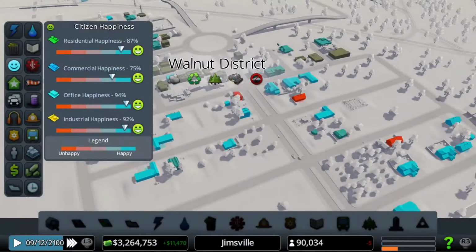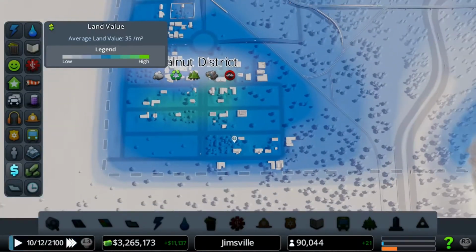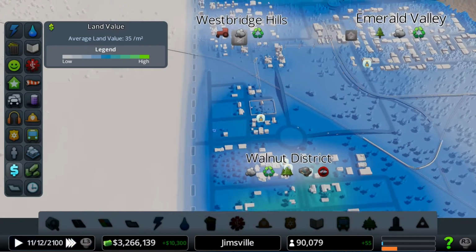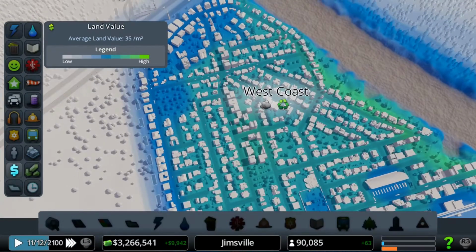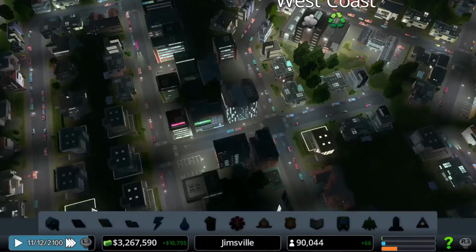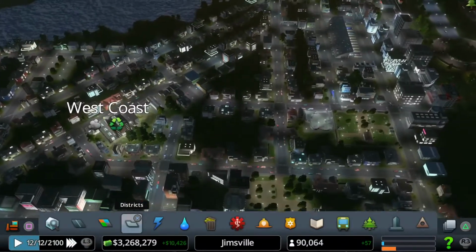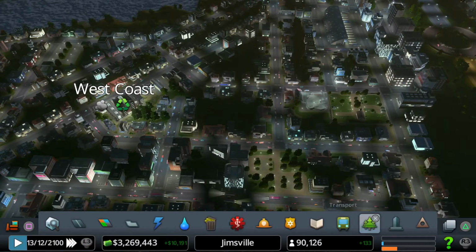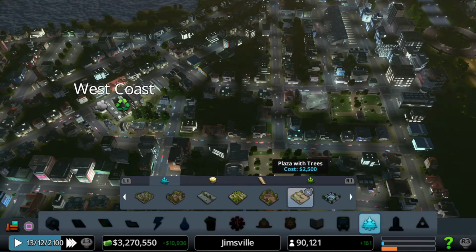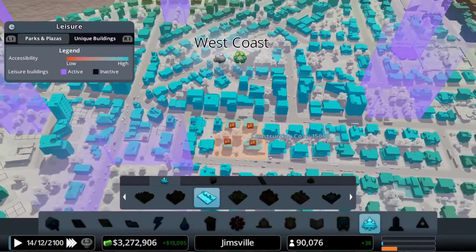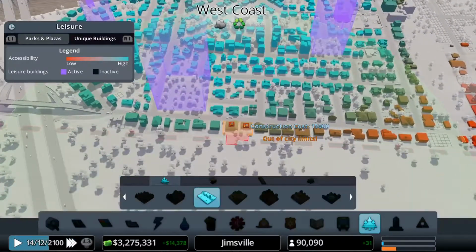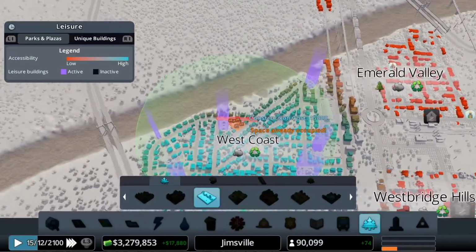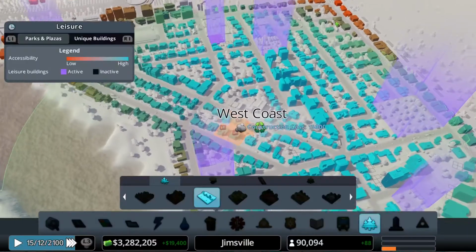But let's check out the land value chart. Hopefully that'll start to improve. I figure we can do a little bit more to improve over here, perhaps. I would kind of like this area to look a little bit prettier than it does in terms of... Well, we've got a lot in there in terms of happiness and stuff, so I'm not entirely sure what I can do to really boost the land value anymore.